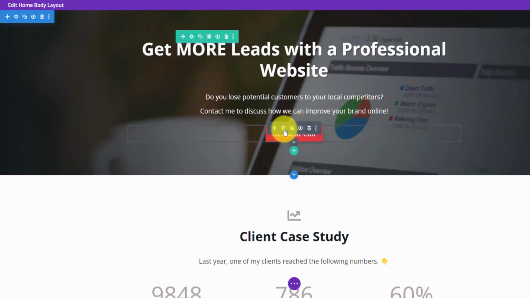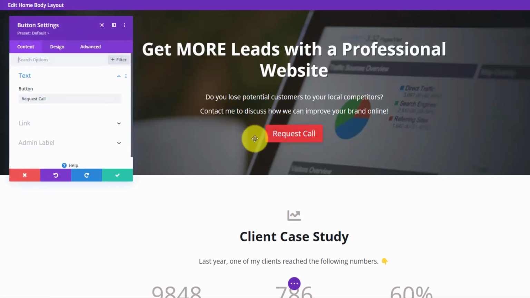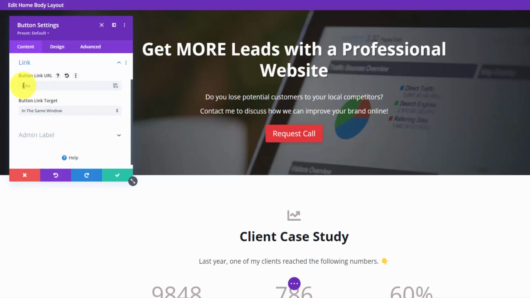So if you're not sure how to link to an area on the page, if we go into the module settings here, and actually I think I mentioned this before, when you hover over this, you can see how this icon's offset. This only happens to me on the builder. I've never seen it happen on the front end that the visitor sees. So this is a little issue that I have never reported or tried to fix because of that. But let me jump into the link here, and you can see that we're linking to